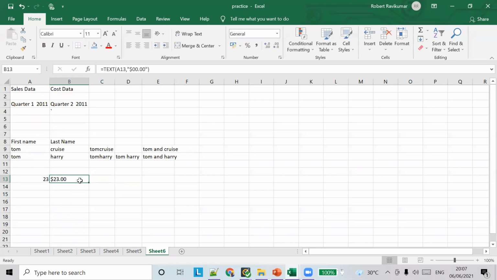Here you can format a text, similar to formatting, you can do this thing.